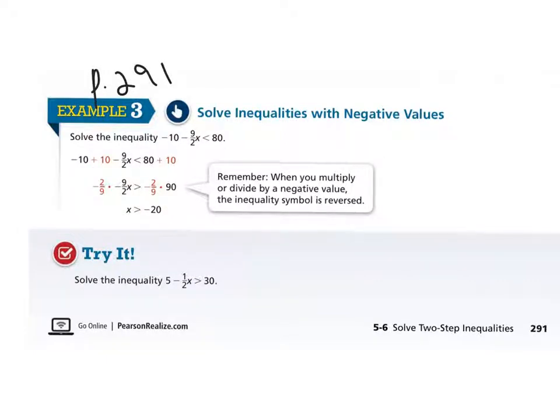Continuing lesson 5-6, solving two-step inequalities, page 291. Once again, very similar to solving equations, the only difference is at the end, if you have to multiply or divide by a negative number, then you have to switch your inequality signs around. So,